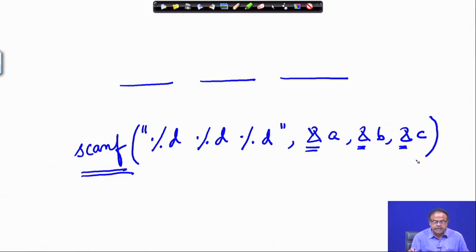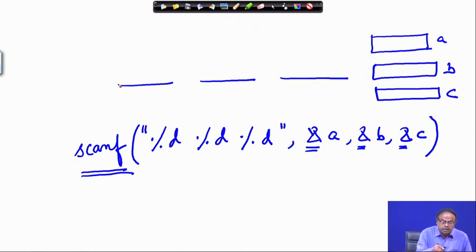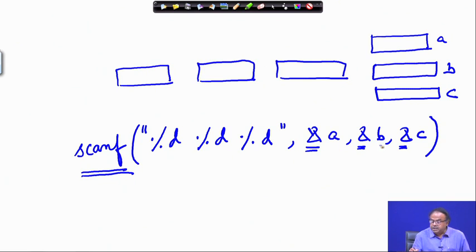The meaning of this sentence is that there are 3 places which are ready to hold 3 variables, which will come to the locations A, B, C. When I am reading, as if I am reading from the user 3 variables A, B, C. Okay. Now, why I put that ampersand we will explain a little later. So, 3 spaces have been created, and what are these spaces? These spaces are nothing but these 3 memory locations. Which 3 memory locations? Whose names have been specified here.